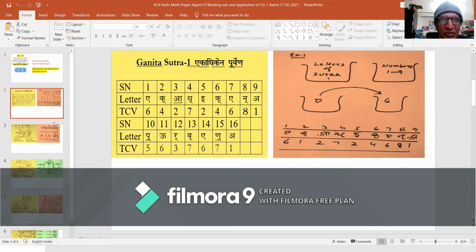The composition, formulation, Ekadhikena Purvena, accepts a simple rendering: ek, one; adhik, more; than what? Purvena, as it is the previous state. One more than the previous one, one step more, having repeated application. This rule, one more than before,